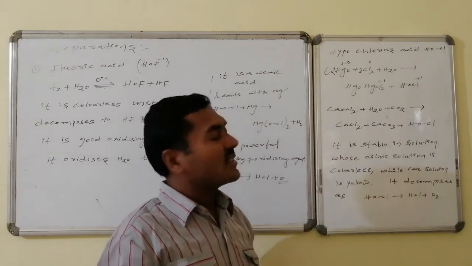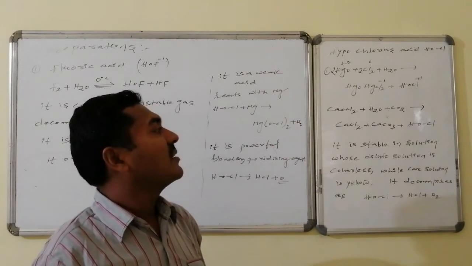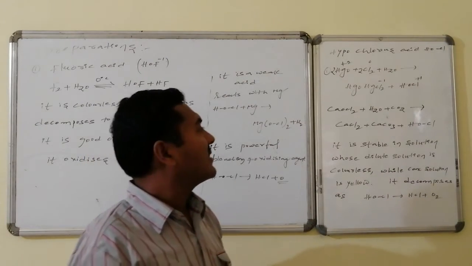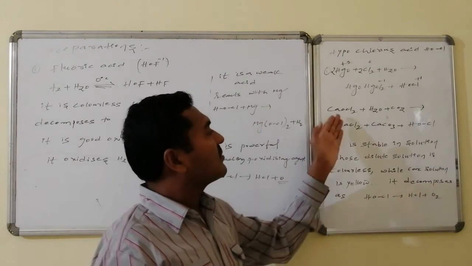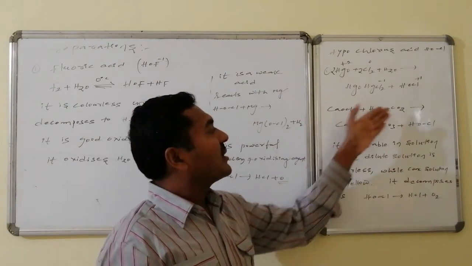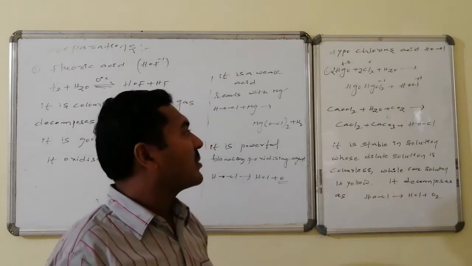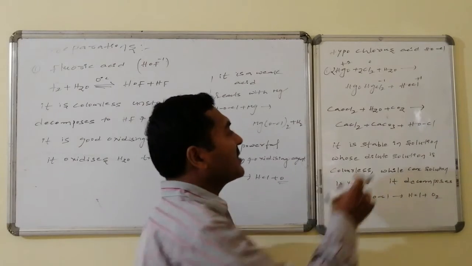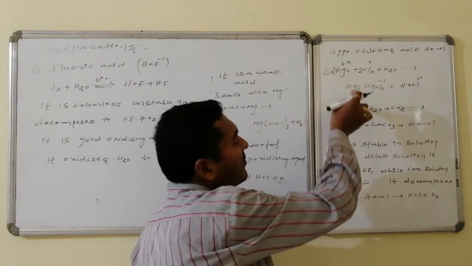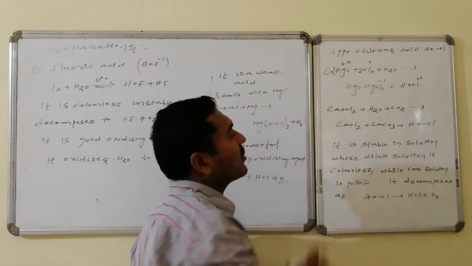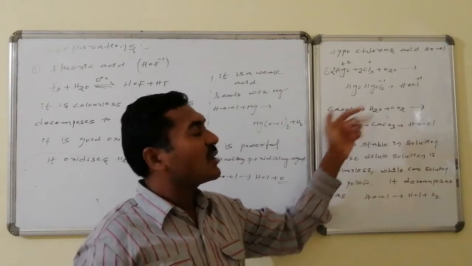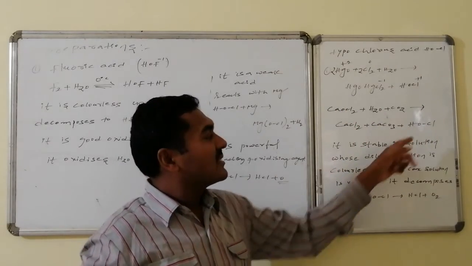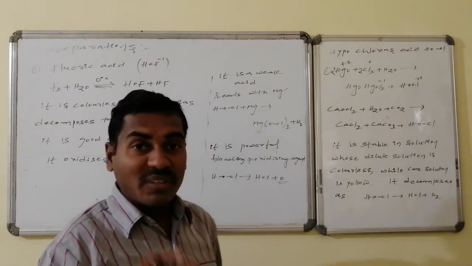Similarly, the second method: bleaching powder on reaction with water followed by carbon dioxide. Here bleaching powder is converted to calcium chloride, whereas oxygen will be liberated. It also combines with the carbon dioxide, and calcium carbonate formation occurs. There is no change in oxidation numbers. Whereas this oxygen oxidizes the chlorine from 0 oxidation state to +1 oxidation state, which in turn combines with the water. As a result, it is converted to hypochlorous acid.